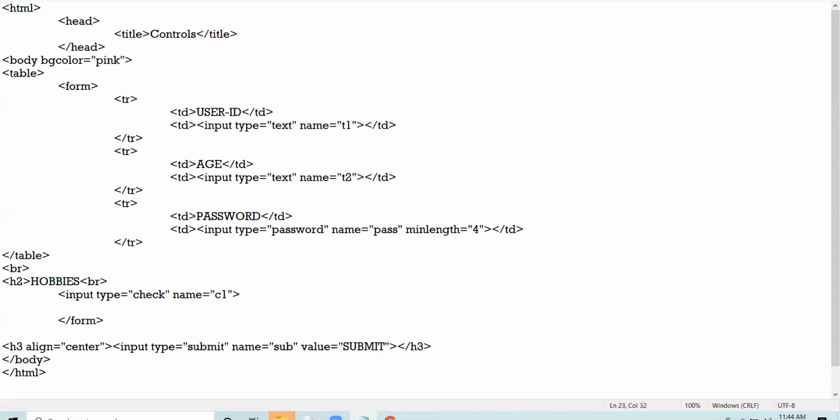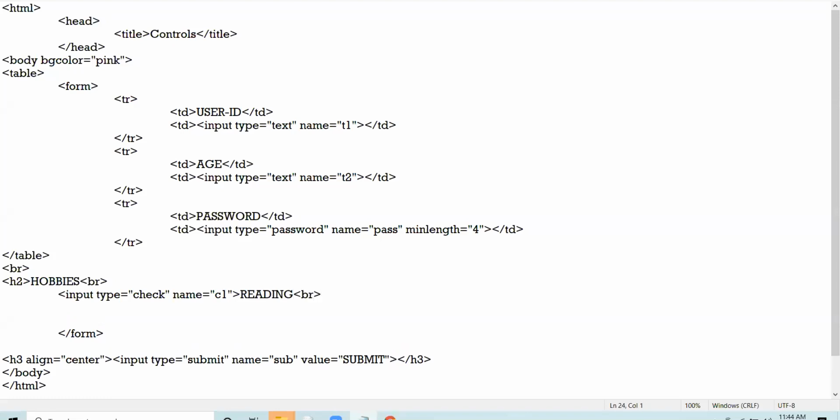Write the option here. Reading. My first hobby is reading. Right? BR. I am copy pasting it.